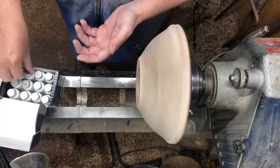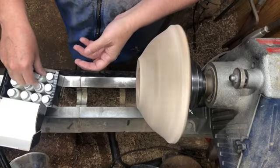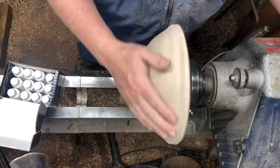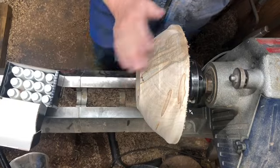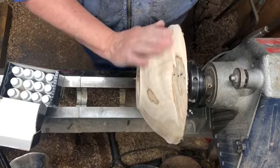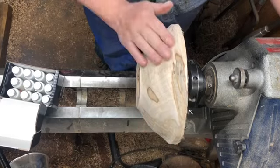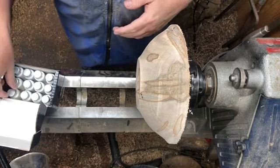But the reason I want to put some color on it, years ago, a fella who is still my friend, Terry Daniel, he was buying some beautiful burls. Various burls. He didn't much care what kind of wood it was, but burl, he wanted it highly figured, and he had a special way he wanted the tree cutters to cut that burl for him when they brought it to him. He would take it, turn some beautiful closed forms, and then